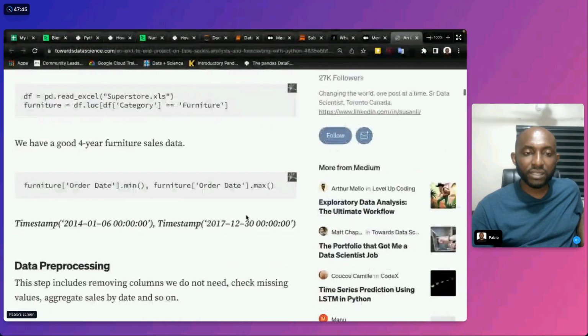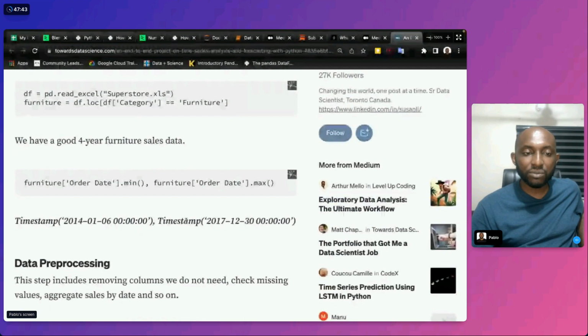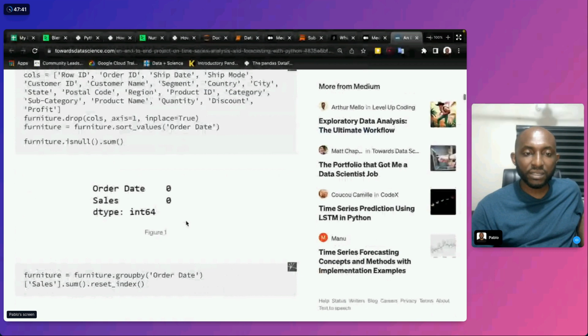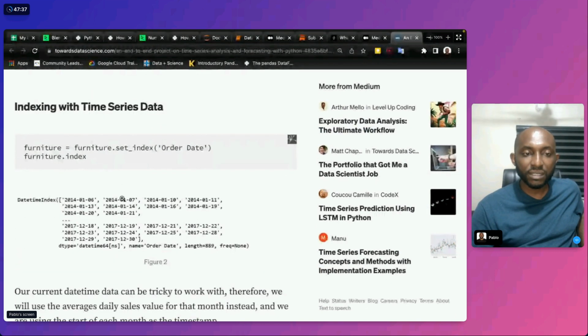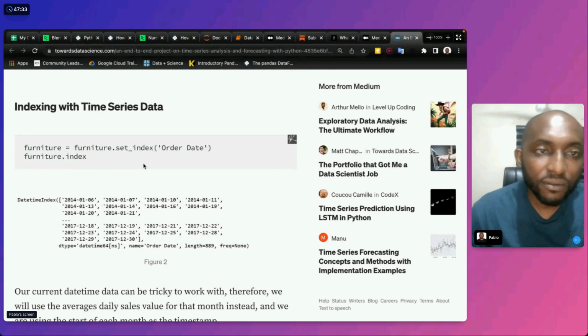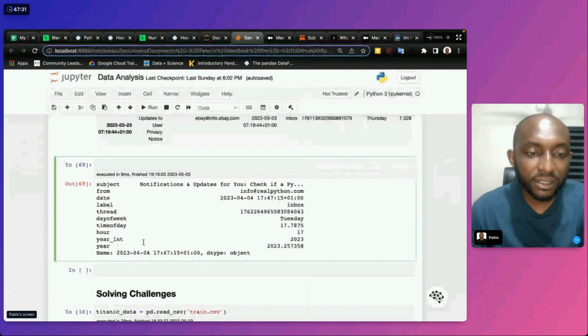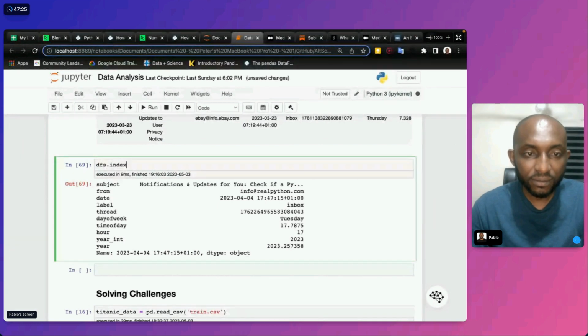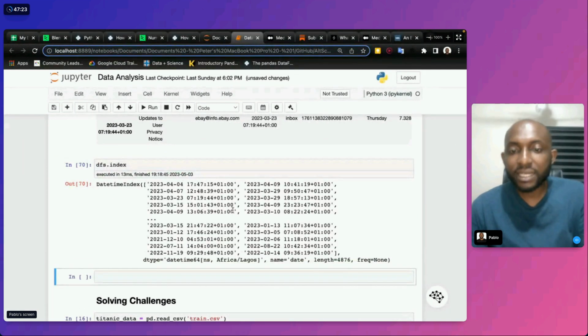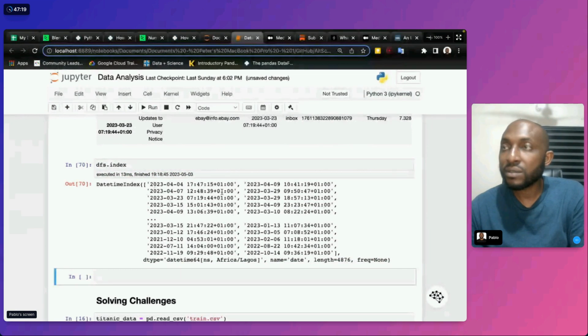And then she converted them, so you can see the timestamps were converted, and then you can change the index. You can set the index. If I check my index here, dfs.index, you can see that all my indexes are now this way.